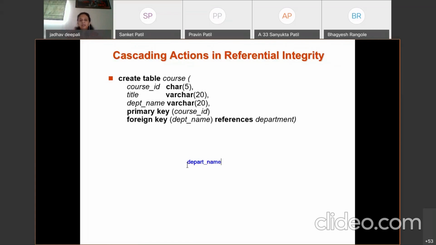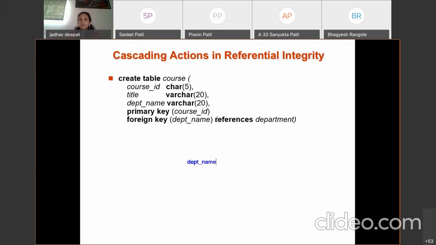It gives an error, an error of referential integrity constraint. So the same name we have to use here. We cannot change it. And if in the department relation we write varchar 20, here also use varchar 20 as it is.